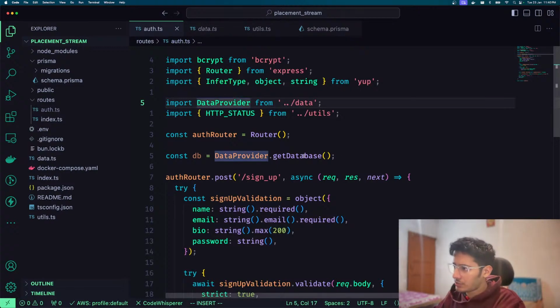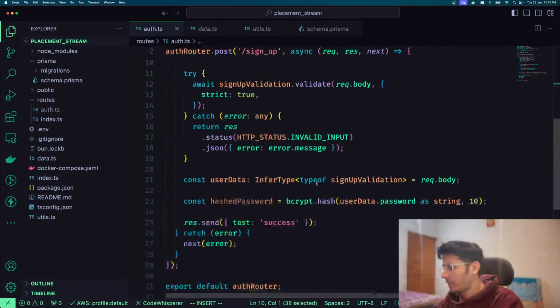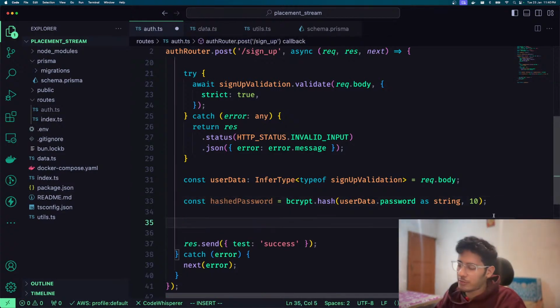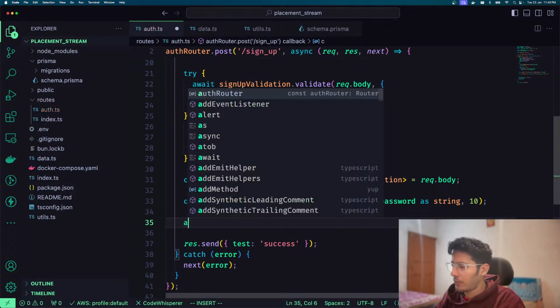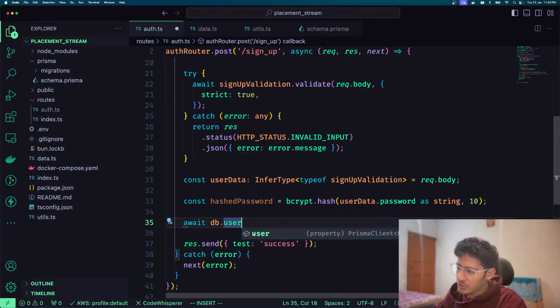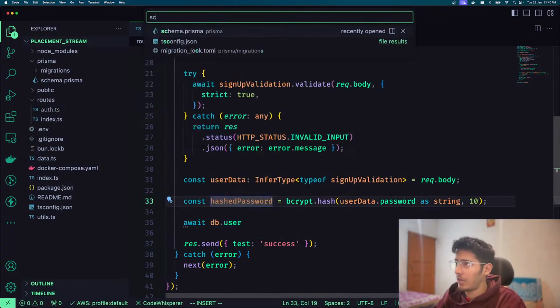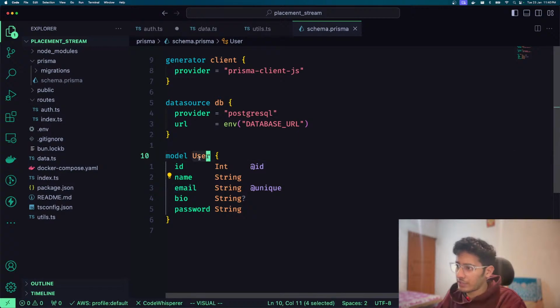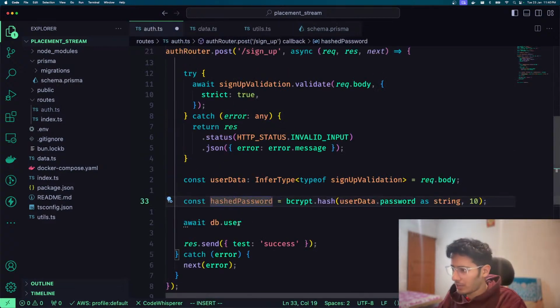We have the instance, we have the access to get the database, we have the database, and now you will see the magic of Prisma. All of you who are watching, this is the magic of Prisma. I can say const create, whatever, await db.user. So where is this user coming from? The schema. If you remember, we created the user model, and it is coming from there. So we have a user dot